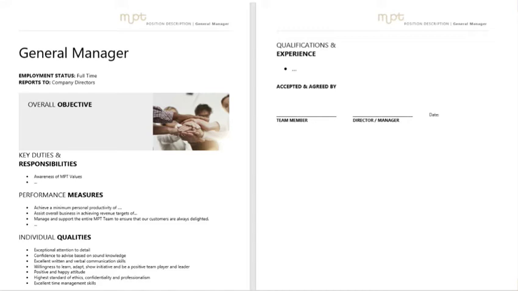How are you going to measure the performance of this staff member? What are some of the individual qualities that you're looking for in this person? What kind of qualifications and experience are you looking for and do they need? And lastly, of course, you need an area where you've both accepted and agreed the position description that has been built out for this employee.